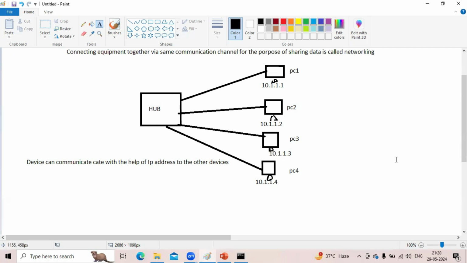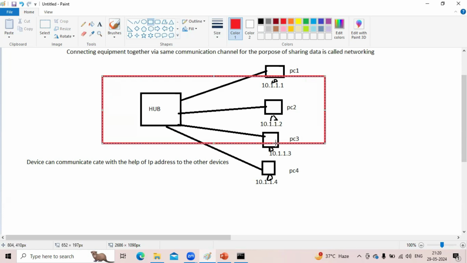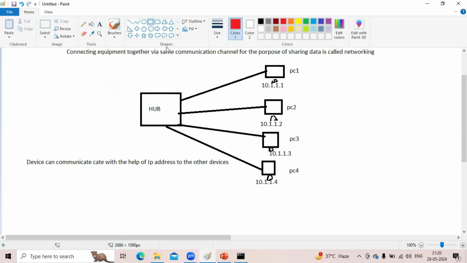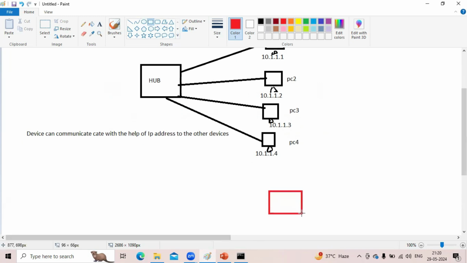If you have a wire, like this, we are connected by wire, right? This is your wire connectivity. But if you want to connect wirelessly, obviously we have a different way to connect. Suppose this is your wireless device, and somewhere here you have your laptop.